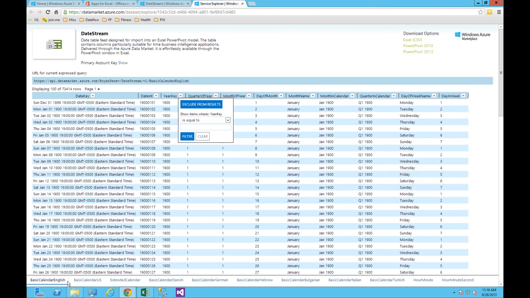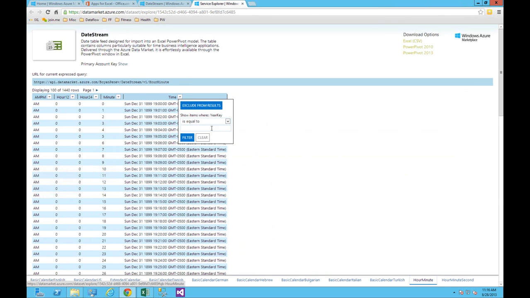So that's a basic calendar. There are also ones for different languages, Italian, Turkish, but there are also time ones as well. That's why I typically refer to it as a date dimension and not a time dimension, because you could also analyze your data by time, by morning, by afternoon, by evening, AM, PM, whatever it is. So I'm interested